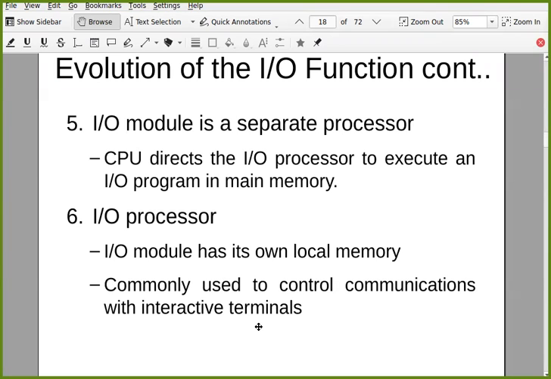It started simply where the processor was doing all the stuff. Whenever IO needed to be done, everything was handled by the processor, and it ends at the point where you have a separate IO processor in the system. Your actual processor, the central processing unit, the CPU, will simply tell that IO processor that this stuff needs to be done, and everything is handled there.